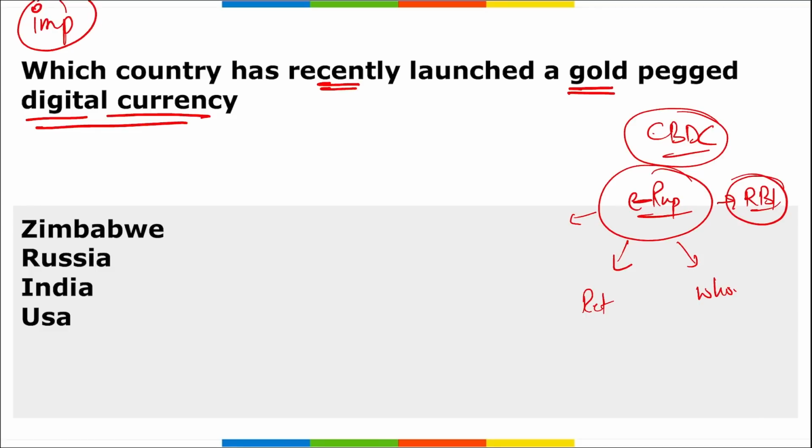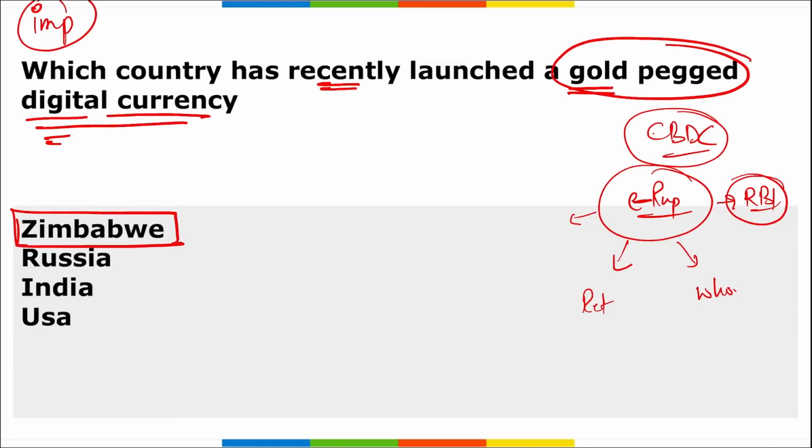Now the question asked here is, which country has recently launched a gold pegged digital currency? That means it will be backed by gold. The amount of currency will depend upon the amount of gold that is there in the locker or safe of the particular country. So which is the correct option? It is Zimbabwe, right? Zimbabwe became the country that has launched a gold pegged digital currency to serve as legal tender in